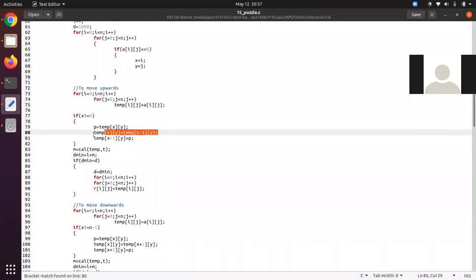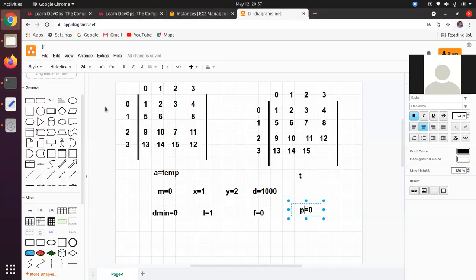And temp of x comma y will become temp of x minus 1 comma y, right? So temp of x minus 1, what is the current value of x? That is 1. So x minus 1 will become 0. So temp of 0, 2, what is temp of 0, 2? So temp of 0, 2 is 3, right?